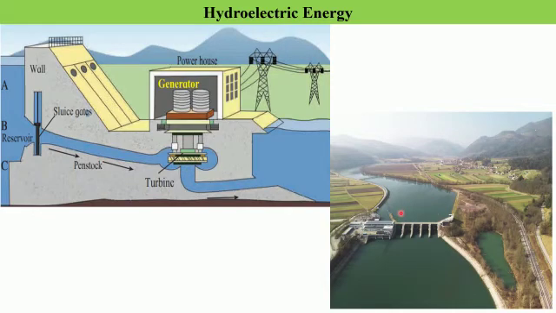Here you can see an actual picture of a hydroelectric plant. We can see how a dam has been constructed over the river, and here we have the hydroelectric power station where electrical energy will be generated. These are various gates of the dam. In the rainy season, when the rivers are flooded, the gates are opened to let the water flow. So this is about the hydroelectric power plants which produce electrical energy using flowing water.